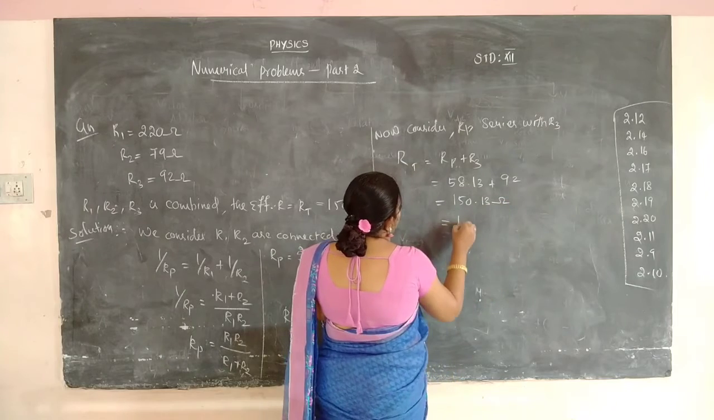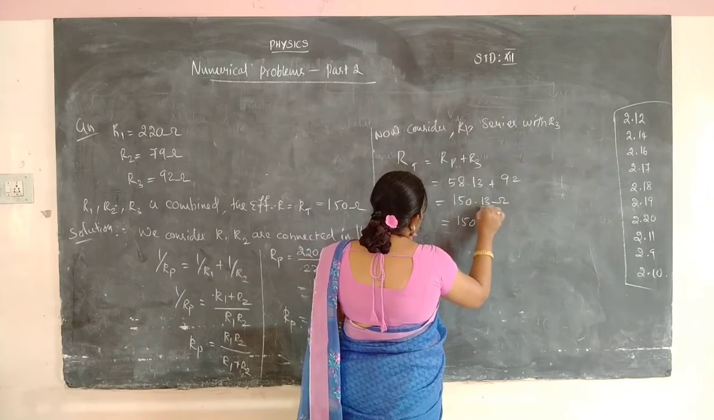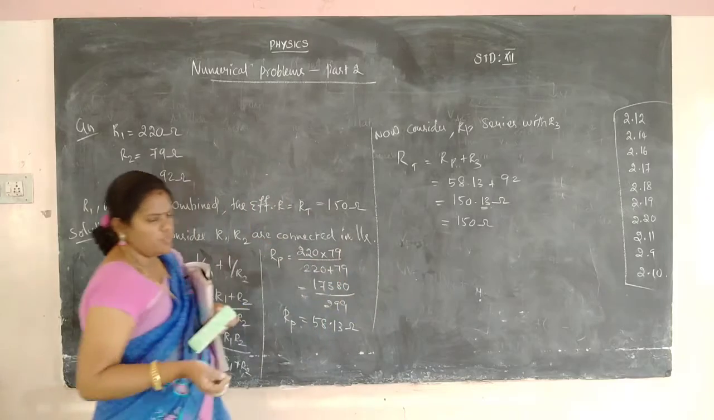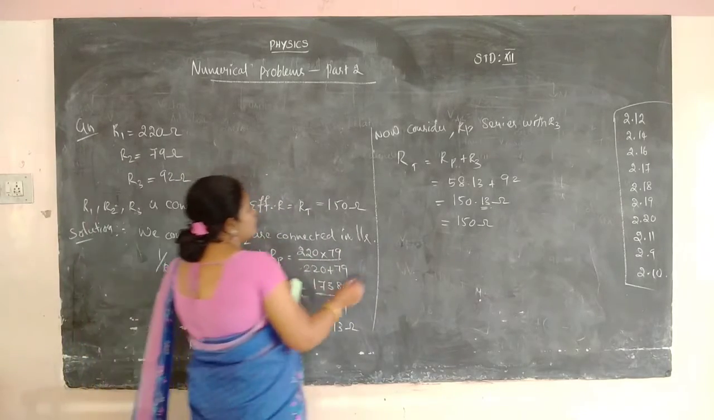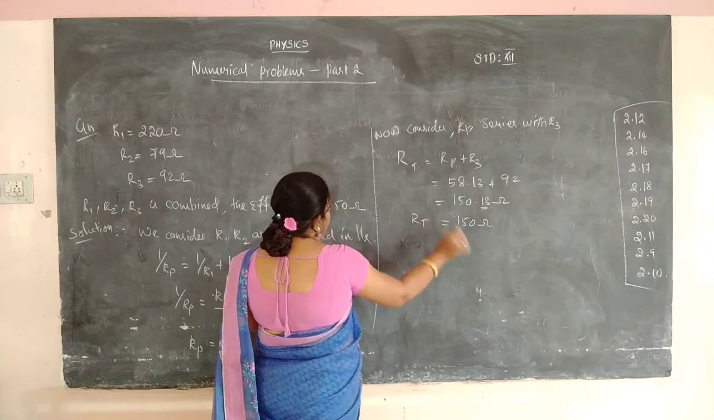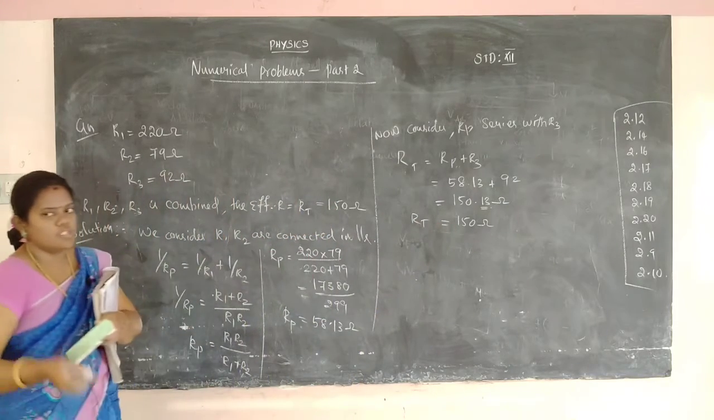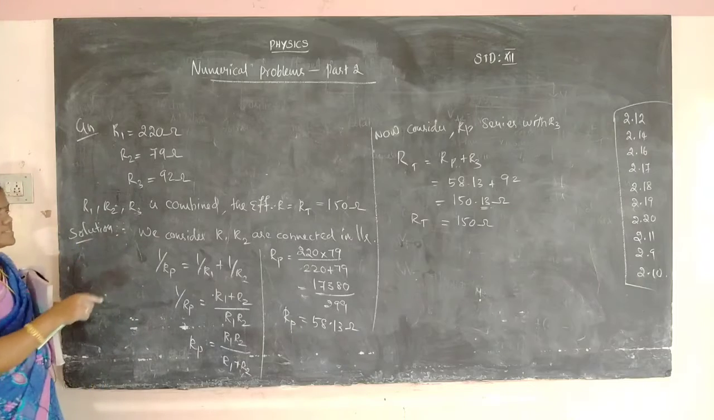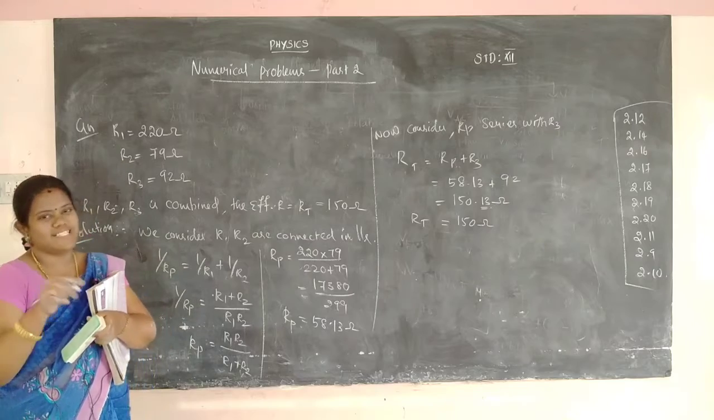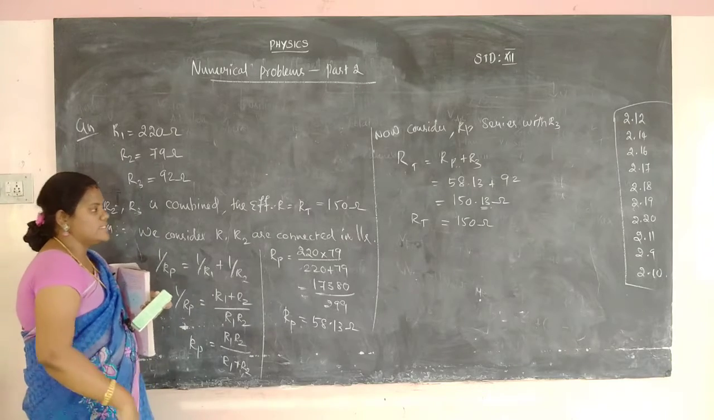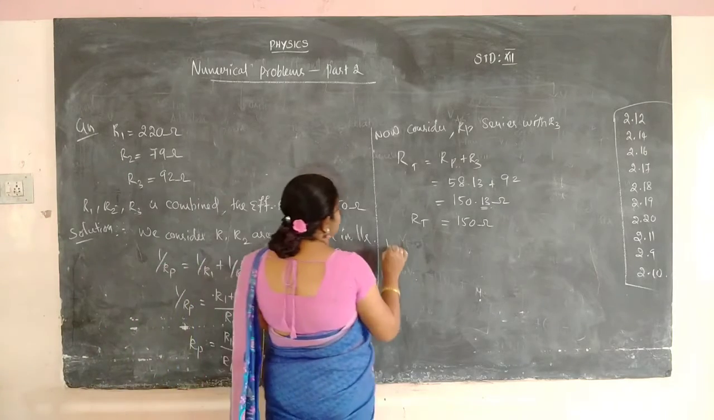So it is 150 ohm only. The 0.13 is nothing, just a minute value, so you have to ignore it. So RT is equal to 150 ohm. So now we got the effective resistance 150 ohm. So we connect the R1 resistor and R2 resistor in parallel, and the R3 resistor in series. Okay. So the answer is